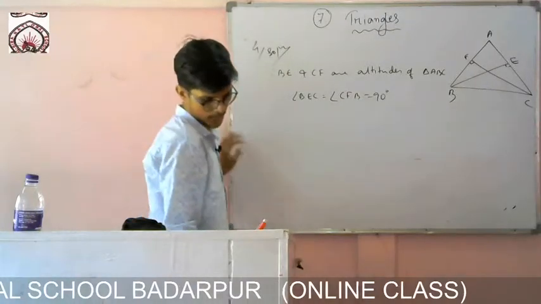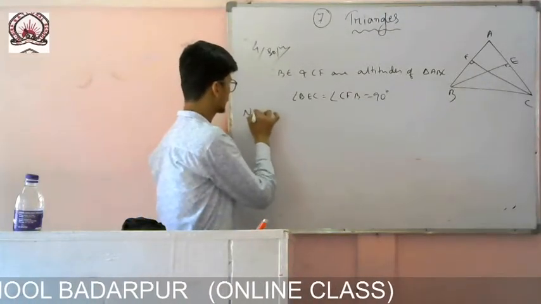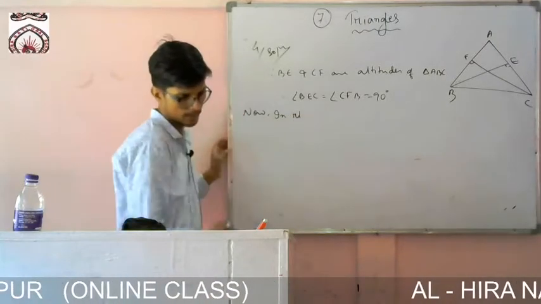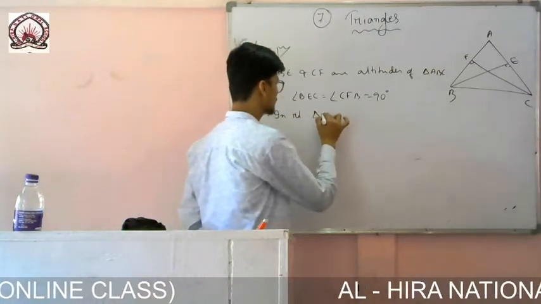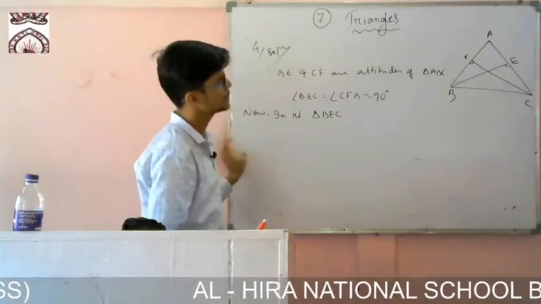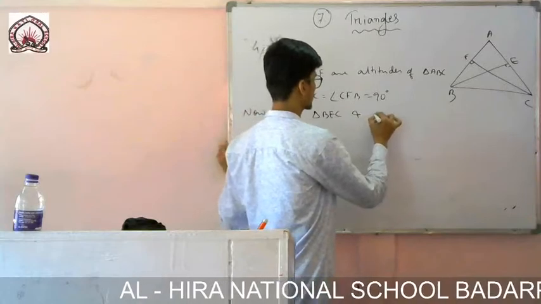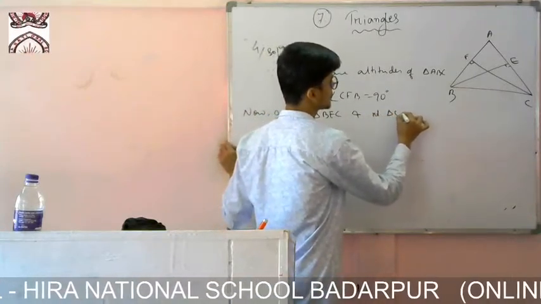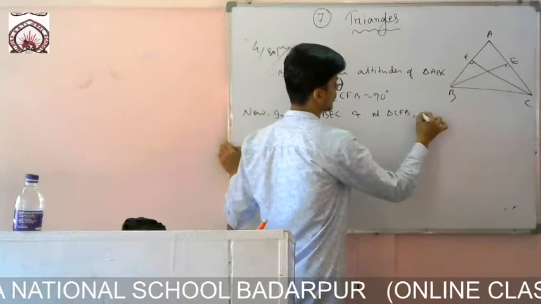Okay, so now in right triangle BEC and right triangle CFB we have